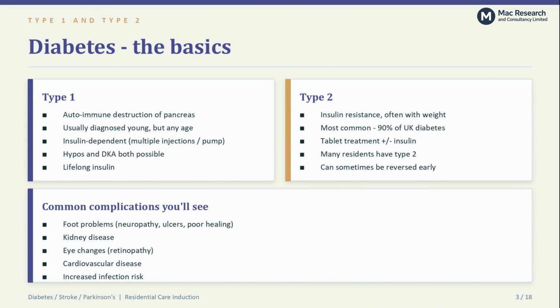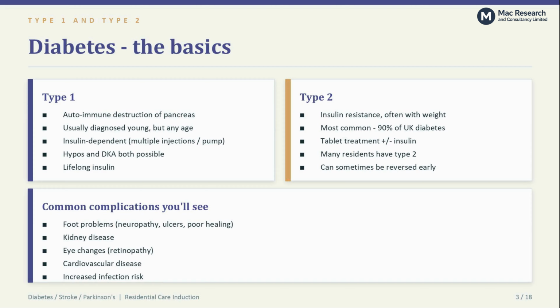Lifelong insulin. Type 2. Insulin resistance, often associated with overweight, though not always. Most common form, around 90% of UK diabetes, is type 2. Treated with diet, oral medications, and sometimes insulin. Many older residents have type 2, some have had it for decades. Some early-stage type 2 can be reversed with weight loss and lifestyle change, but that is rarely relevant in older